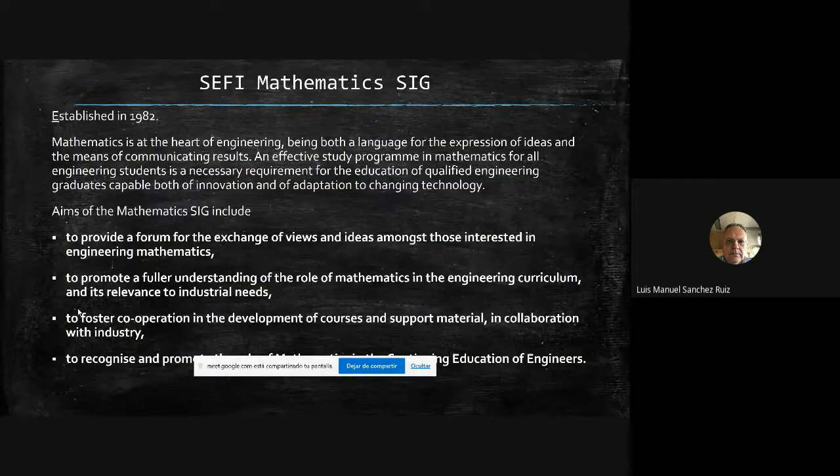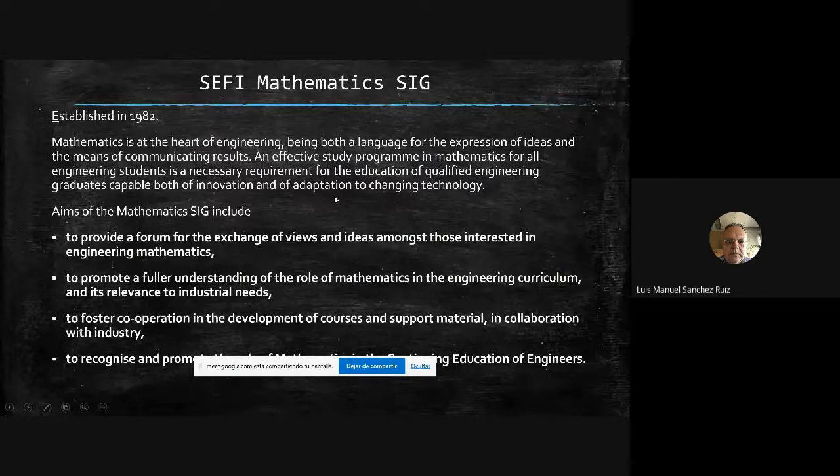In what concerns the mathematics working group, it was created in 1982, 9 years after CEFI. We think that mathematics is at the heart of engineering. It is both the language to express ideas and the means to communicate results in a clear technical way. An effective study program in mathematics for all engineering students is a necessary requirement for the education of qualified engineering graduates capable